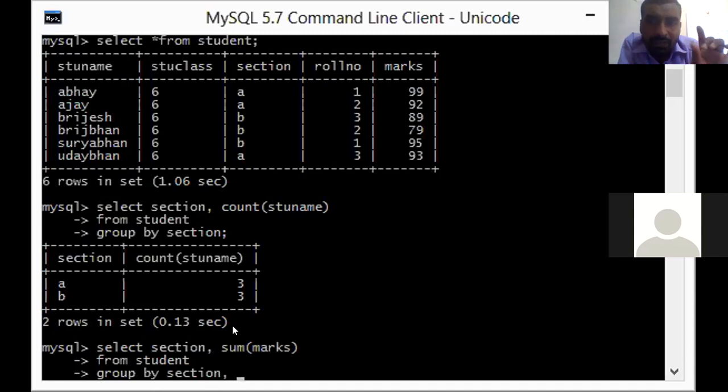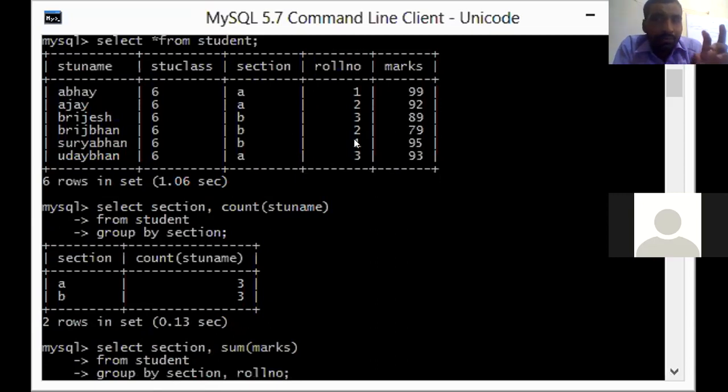Kindly find out the field names which have matching values. Section has matching values, and roll number has matching values. So let us write roll number, then press semicolon and press the enter key.